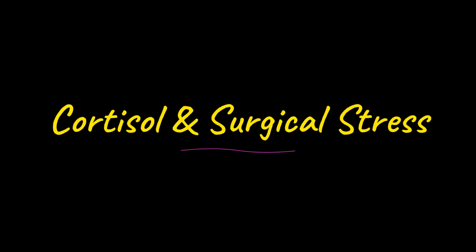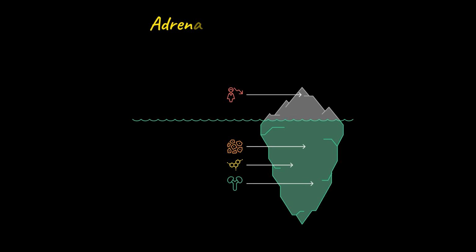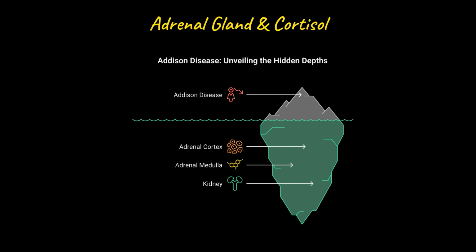Their glands simply cannot rise to the demand no matter how great the stress. The adrenal cortex is the layer responsible for producing cortisol. In Addison disease, this cortex fails, meaning no cortisol can be released into the bloodstream, not at baseline, and critically, not in response to a surgical stress either. During surgery, a healthy body needs cortisol to support blood pressure, raise blood sugar, and stabilize circulation under strain. Without this surge, a person with Addison disease is left without the hormone their cardiovascular system desperately needs to survive